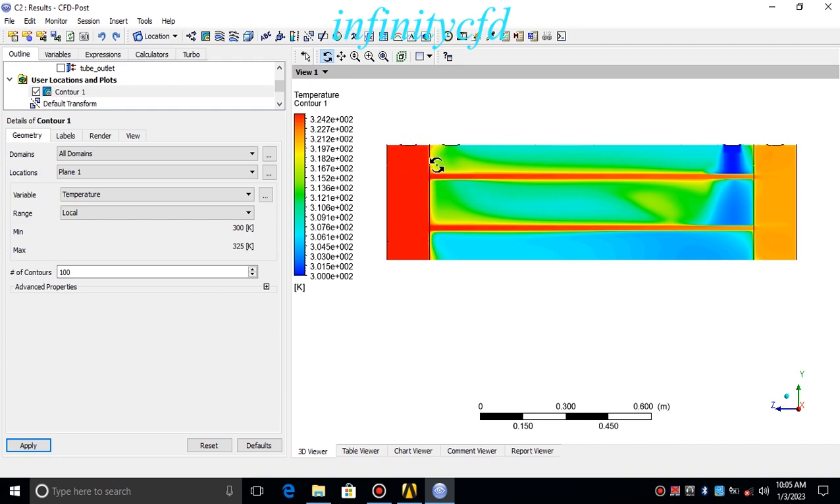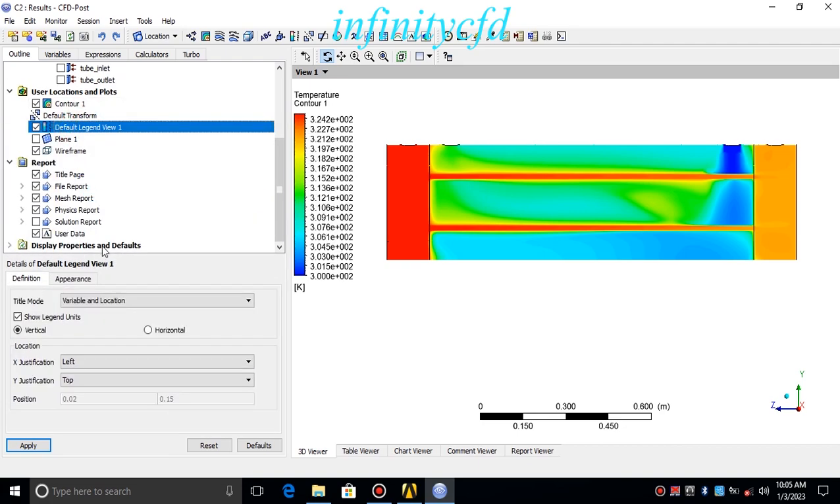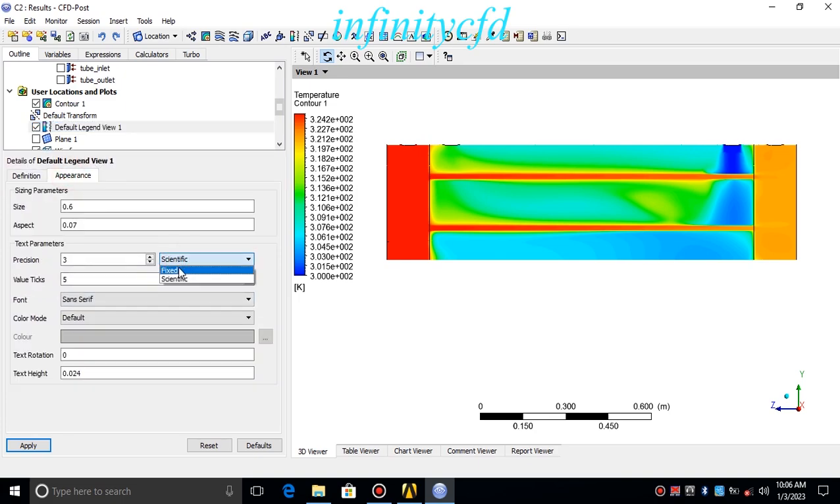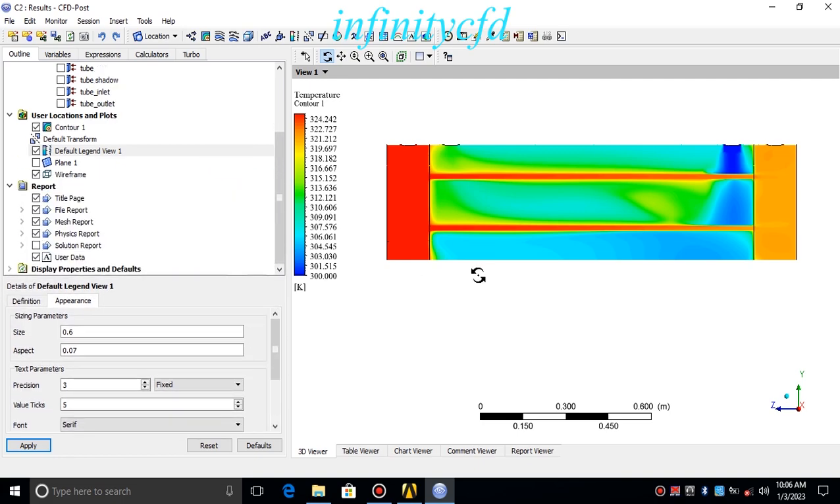This is the hot fluid flow, and this is the cold one. And you can change the appearance of the legend using this option. For example, I'm gonna change to fix, or I'm gonna change its font. It's just a little better. And now I'm gonna